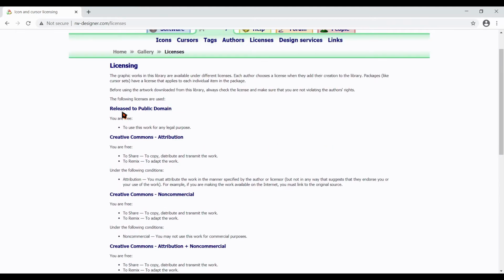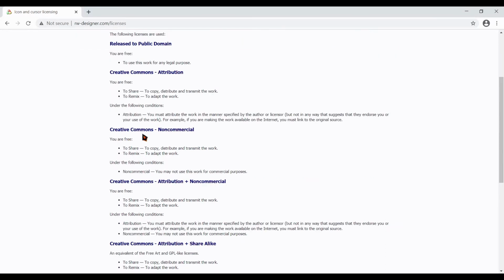If the cursors have been released under public domain license, then you are free to use that work for any legal purpose. If they have been released under Creative Commons attribution, then you must link to the original source and you should acknowledge it. If the cursors are available under Creative Commons non-commercial license, then you are free to share.